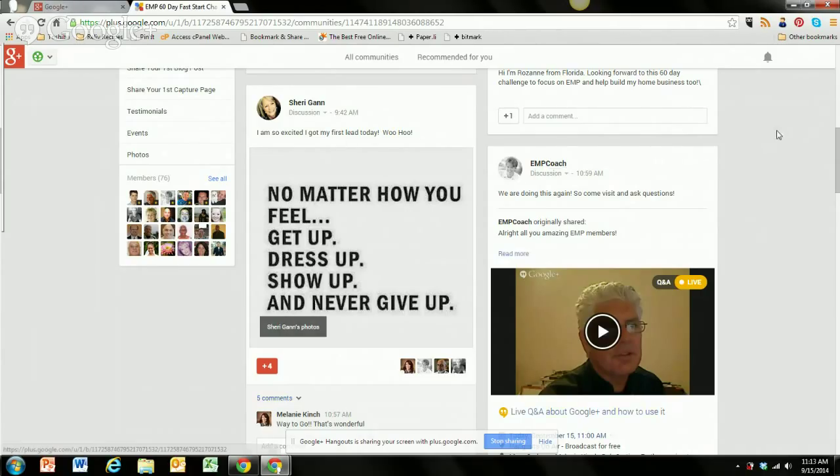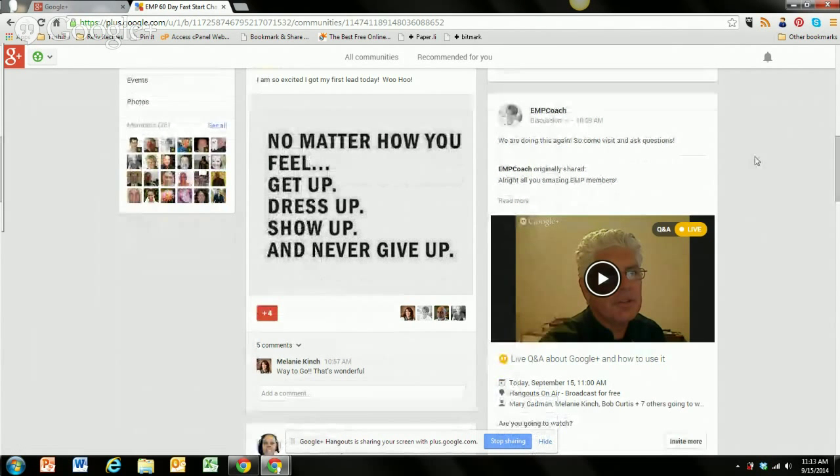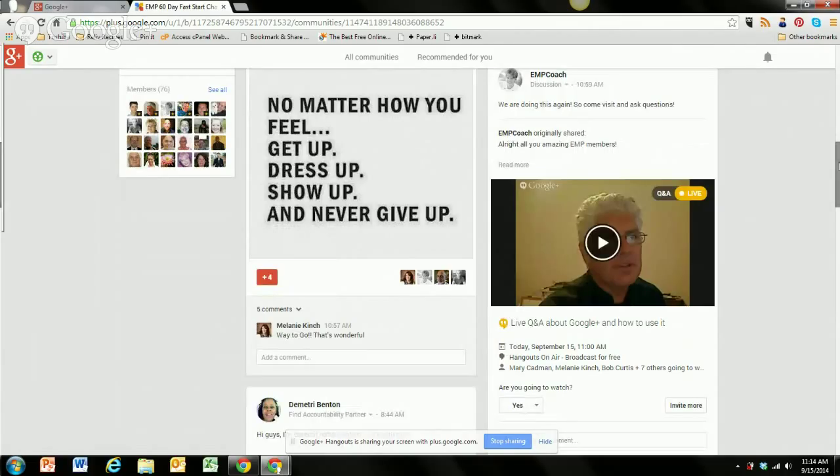If you get excited about that, guys, this is the community where you want to be clicking on the +1. It'll turn red when you +1 somebody, and this means you're excited. Be willing to comment, say some cool things, and encourage each other, because when you encourage each other, that karma comes back to you. So when you see people get successful, celebrate their success, because as you get success, people are going to celebrate yours. It's really important.